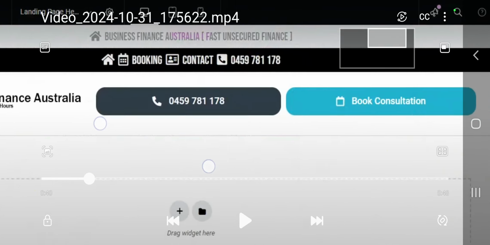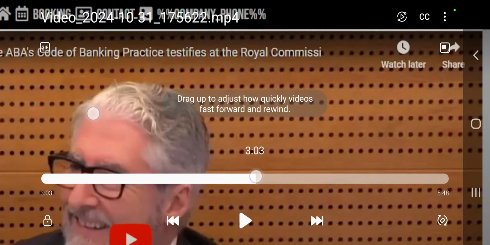So there are those two bars up the top, Business Finance Australia. That's actually in black. The reason it's dulled is because it's not meant to be shown on a desktop. So in Elementor, when you